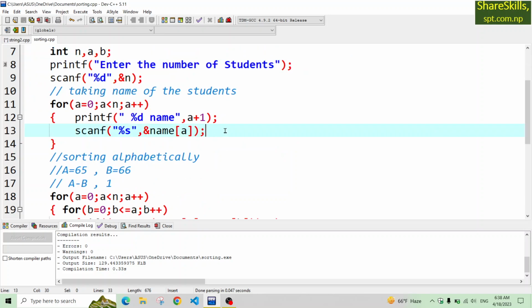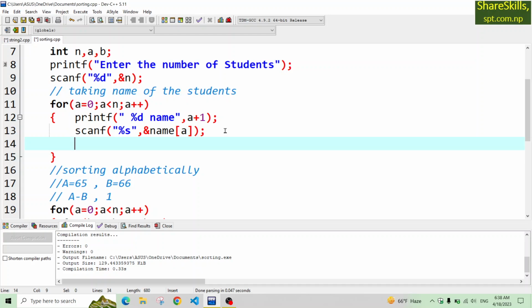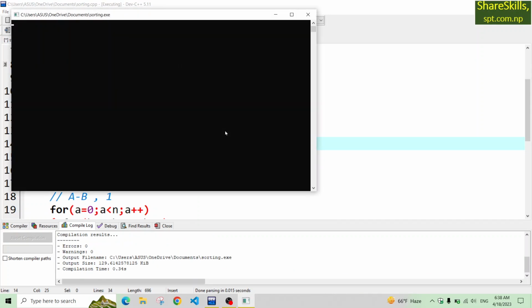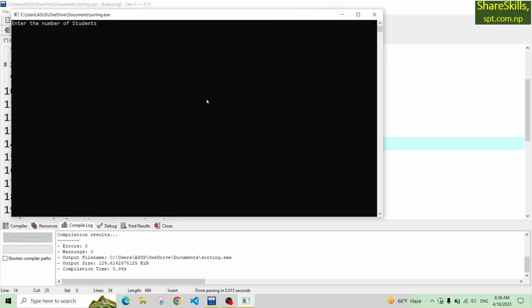So immediately after you take the value, we must use strupr. This function helps to change words to uppercase. That's it, it just changes words to uppercase. Now whatever you write in any other case will be changed into uppercase, and then it works properly. So I'm going to use again 6 names, and here suppose ram,